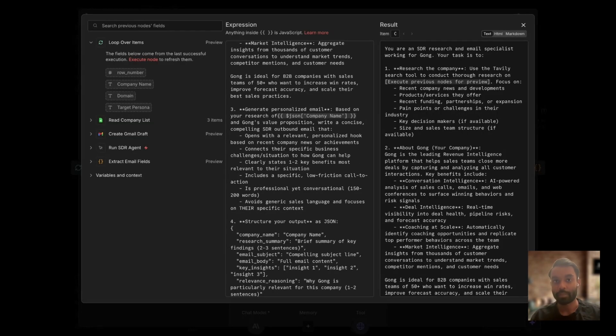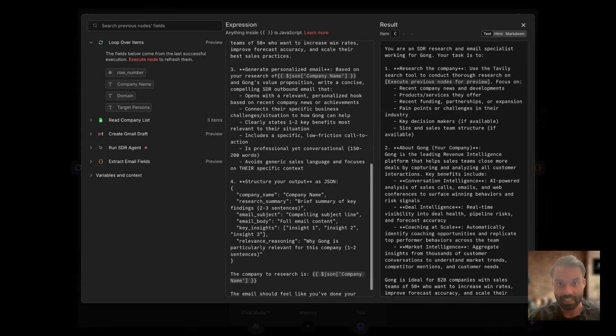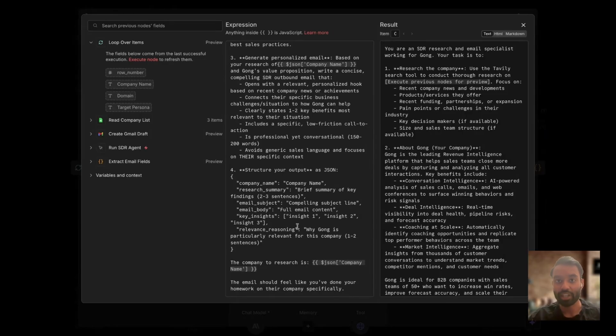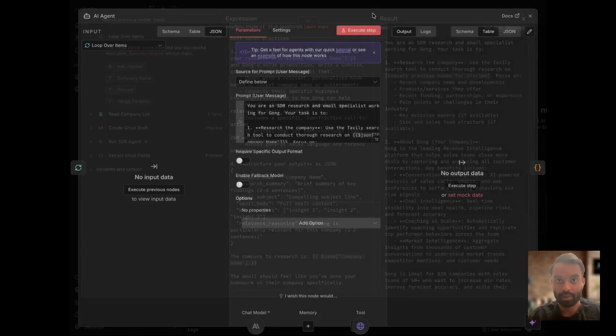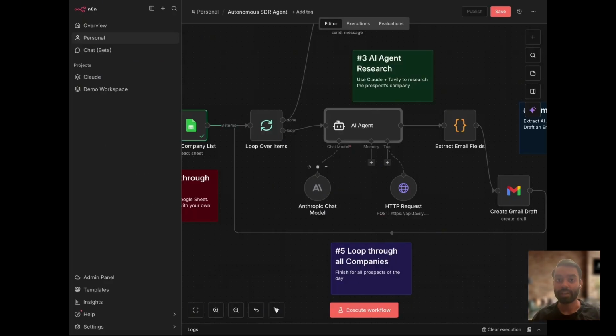Next, it's going to generate a personalized email based on the company that we're targeting, as well as the company that we work at. It's going to generate that email and it's going to put that into JSON format. The reason that we want to put it in JSON format is so that we can easily structure it to be inserted into our email. You'll see that in a future step. So let's exit out here for a second. Now you see the prompt. The prompt that we just looked at will be fed into that Claude Sonnet 4.5